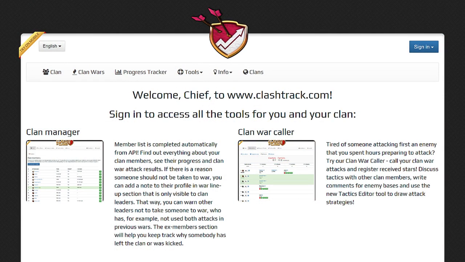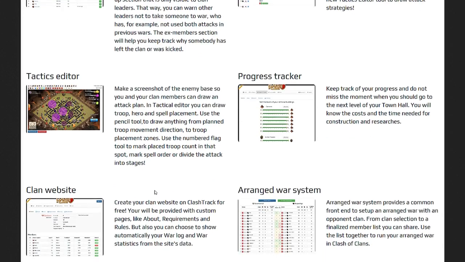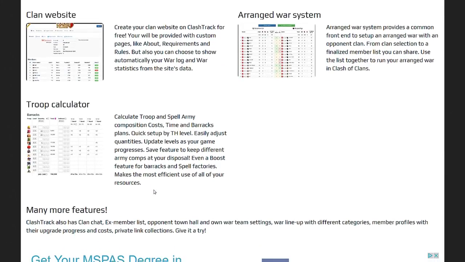Hey guys, it's Heather here, and today I want to do a video on what I feel is the very best third-party tool website application that has been created for Clash of Clans, and that is ClashTrack. I'm sure a ton of you have heard of it, you're already using it, your clans are using it, that's awesome. Hopefully this video can point out some things that you may not be aware of, but more importantly,